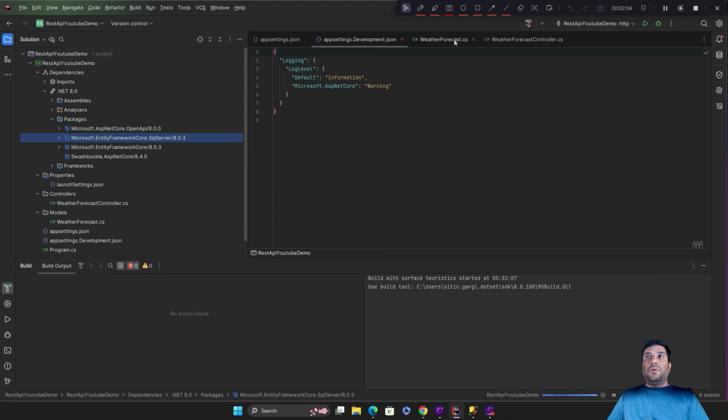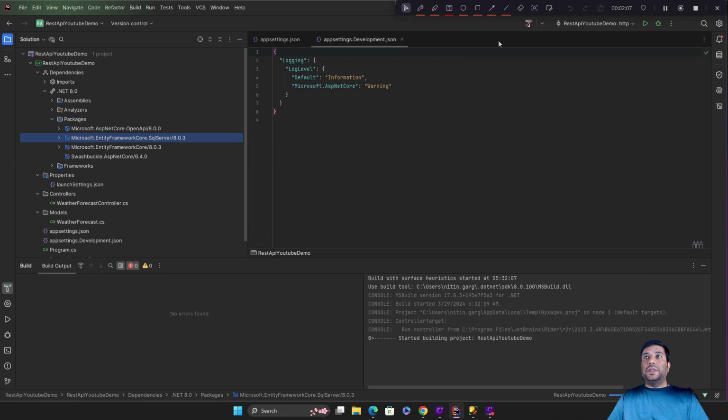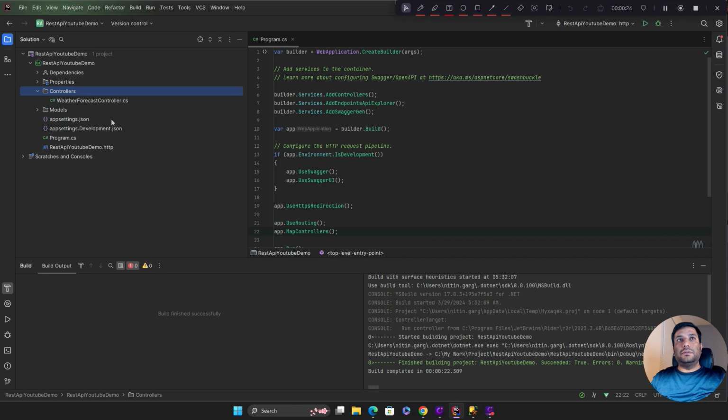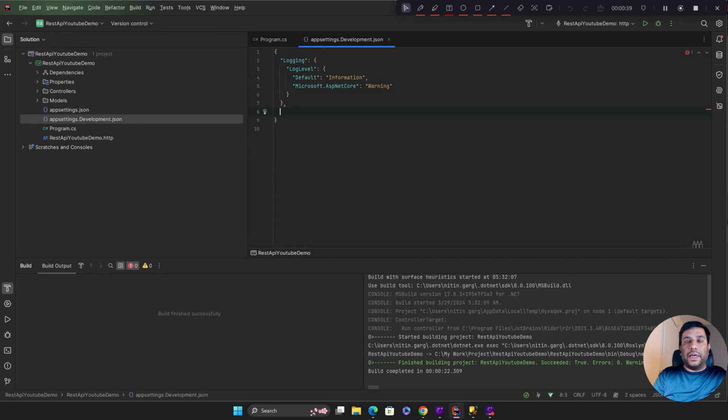Now let's go ahead and create our task manager controller and pull the data from this table and use the Entity Framework to get the data from this table. Before creating the task manager controller, let's first do some configuration changes which are required to connect to the Entity Framework. So first thing is we need to set up the connection string, and we need to give the connection